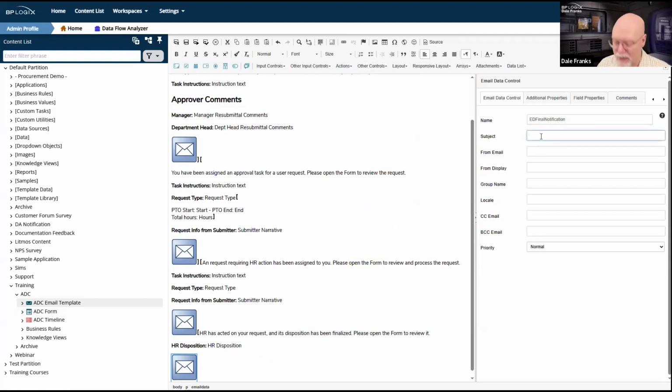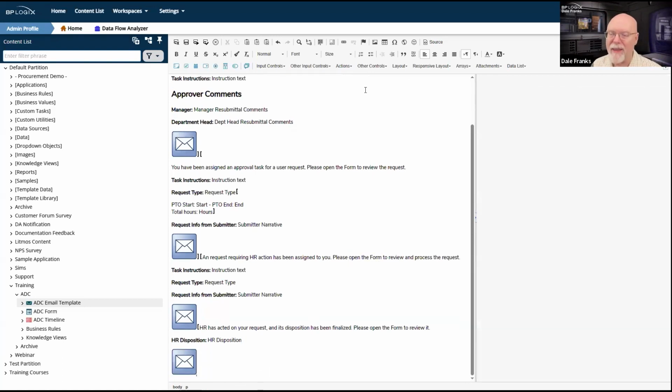And our subject on that one will be, again, copy and paste, make our life a little bit easier. And we'll say subject is HR action complete for request number. And we'll capitalize that C. HR action complete for request number whatever.